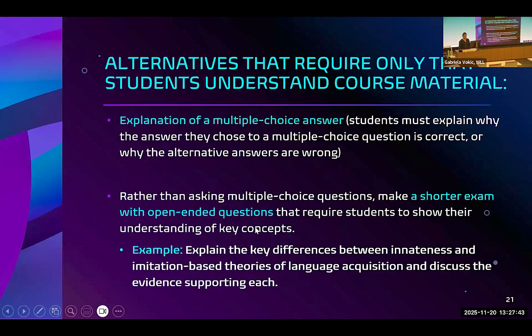So it says, explain the key differences between innateness and imitation-based theories of language acquisition and discuss the evidence supporting each, right? So in a traditional multiple choice, true, false kind of test, this could have been at least 5 or 6 different questions. But with this one, it's a single question that kills multiple birds with one stone, because here they have to show me that they understand the premise of the innateness